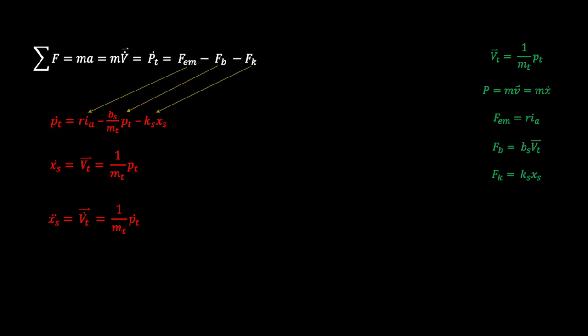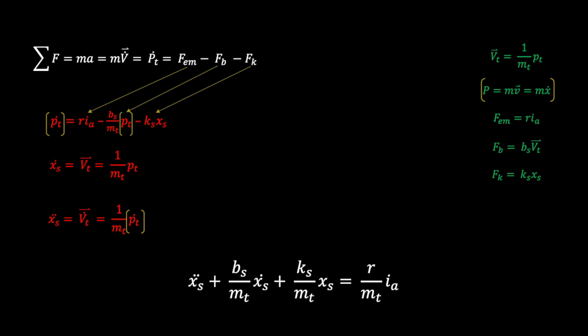Finally, in order to derive the second order differential equation, we simply take the second derivative of x dot s to make x double dot s, which is related to 1 over the mass times p dot. And as we notice from the first equation, p dot is the first equation that we got from the sum of forces, and that can be substituted into the x double dot equation. And the momentum in the first equation can also be shown as m x dot, which will result in an x double dot term, an x dot term, and a regular x term